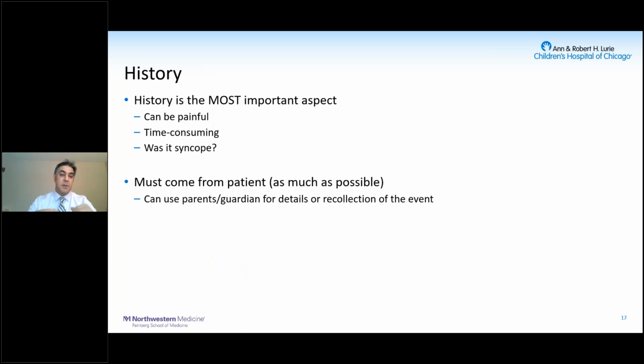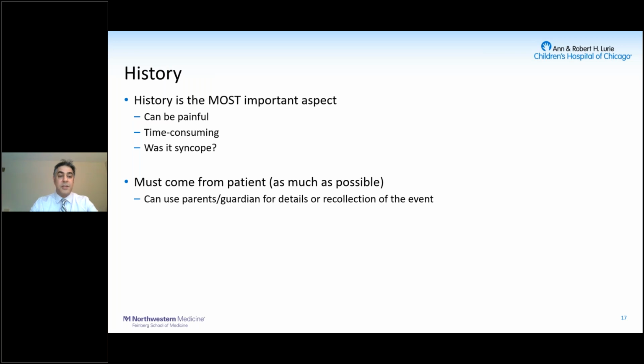That being said, this can be the most challenging aspect because their stories can be hard to put together. They are very time consuming, and not to be mean, but sometimes painful to hear when they're all over the place. This is very challenging where we are all very busy in our clinics, and when I see a patient with syncope, I know I am going to be behind in my clinic schedule, but I think it's very important to spend that initial time to get the important details.